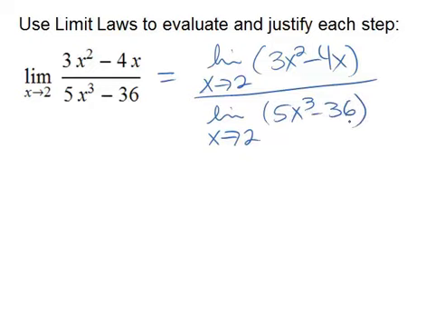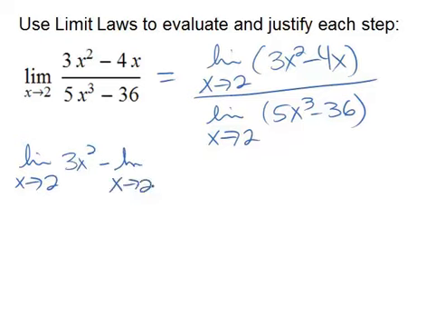Next, I'm going to take the numerator, and I see that it is a difference, and so I have the limit as x approaches 2 of 3x squared minus the limit as x approaches 2 of 4x, because the limit of a difference is the difference of the limits. And in the denominator, the same thing. So I have the limit as x approaches 2